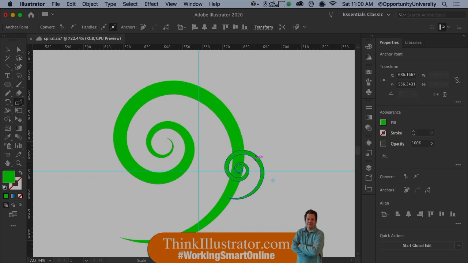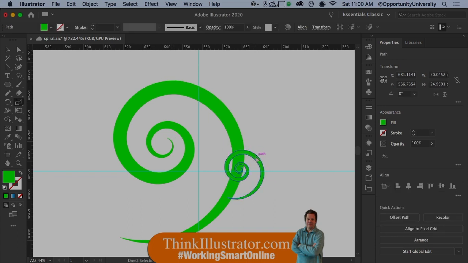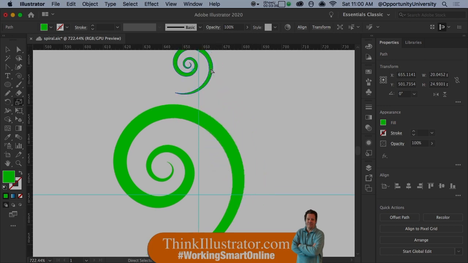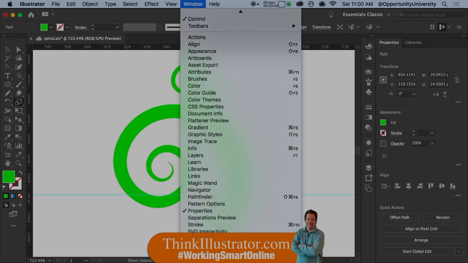Spacebar, grab the page, move the page. I'm going to move this up to here. So I'm going to select, move it to there. Now, what I want to do is bring up my Pathfinder. So under the Window menu, Pathfinder,